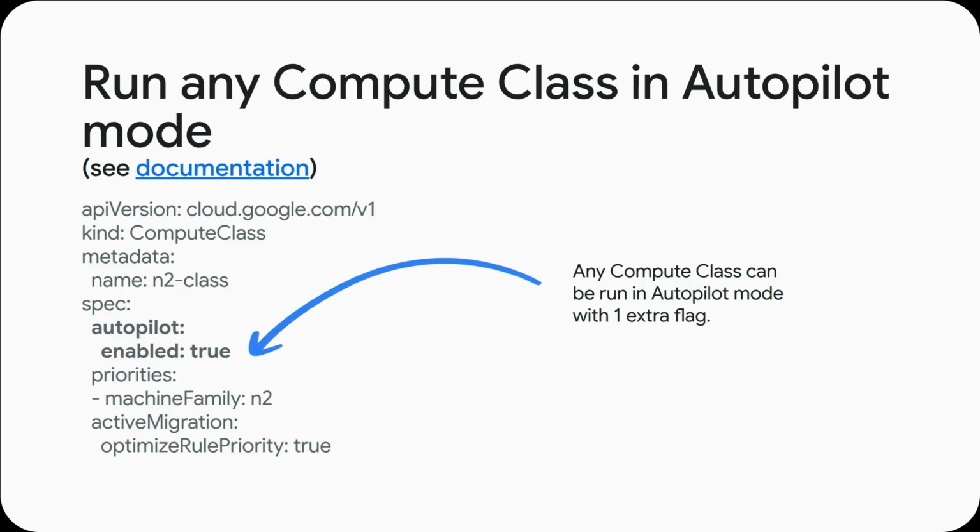So now on standard mode, you can improve the way you obtain your resources in the cluster by creating a custom compute class in which you define the order in which you want the configuration of the nodes to be available. So you say, I want my nodes to be with L4 GPUs. If not, give me T4. If not, give me H100, spot, not spot, whatever. And then we will be able to actually respect that order in which the node configurations show up in the